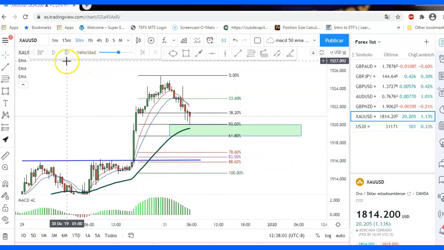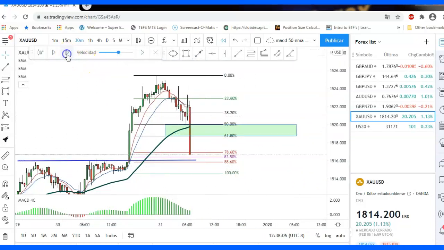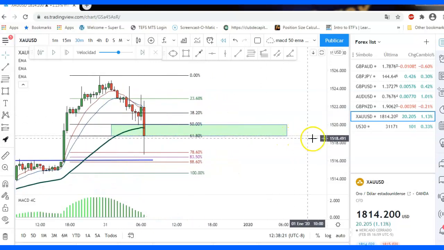Okay, so we're gonna play the market to see what it does. It goes up and then it goes down again. It was a big move, that's why it's very important to wait and be very patient and not just go into the market, because you can have big candles like this. Okay,